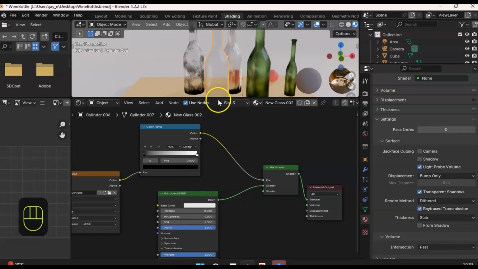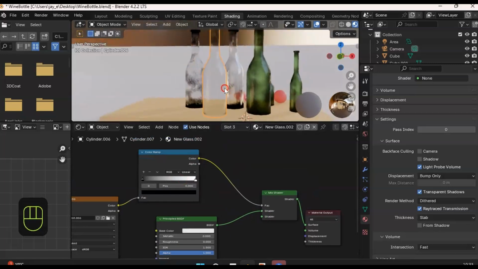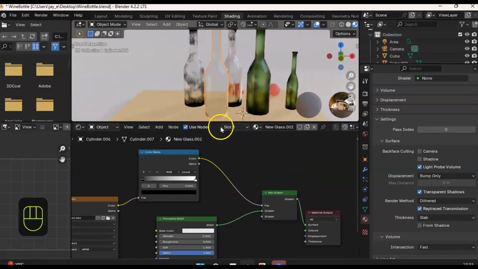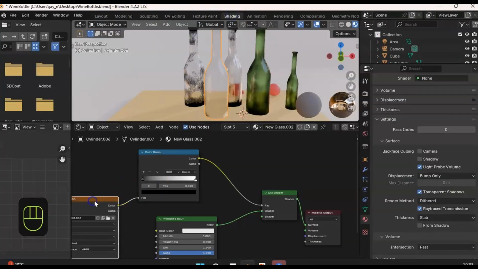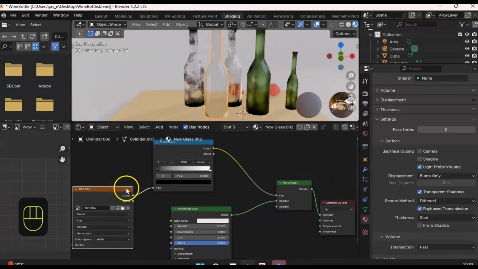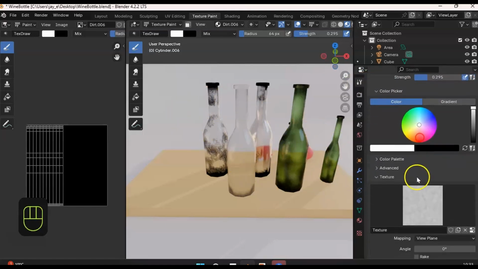Now, where do we go from here? So we've got all of our setup here. We've got our bottle. We need to now start applying some dirt. So let's go through to texture paint. And one of the things, if we just go back to the shading with this, you can put a texture in here, but what I'm going to do is create some noise. So if I go through to texture paint, and in the top tab here, the tool tab, you should be set up already to start painting. And what we're going to do, if I just scroll down,